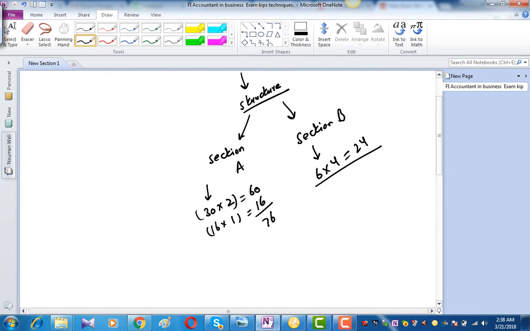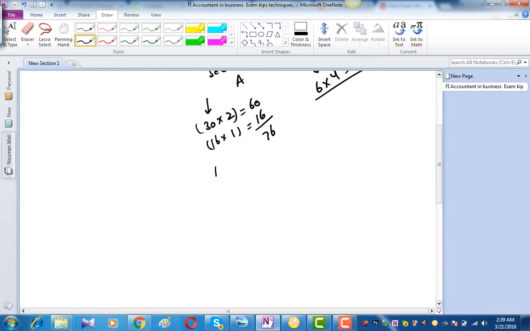So you need to realize and understand the structure. It will be very easy for you to plan your exam. So basically you are going to tackle two types of questions. One type of question will be in section A, the second type of question will be in section B. So there are two types. One is MCQ and the second is MTQ. MCQs will be in section A and MTQs will be in section B. So first we will study MCQs.